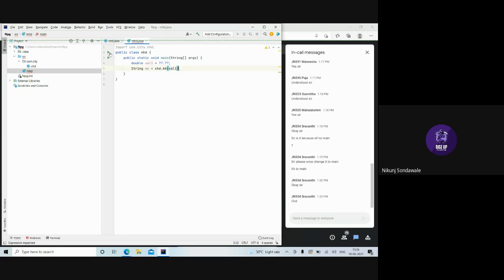And then with the help of this print statement, SOUT, system output println, we will print our output.